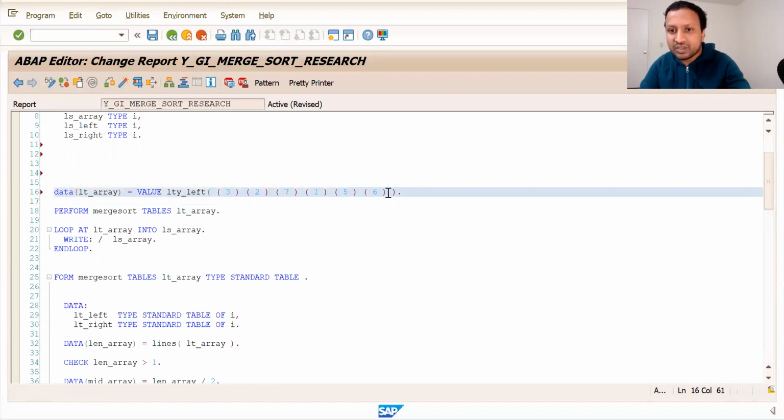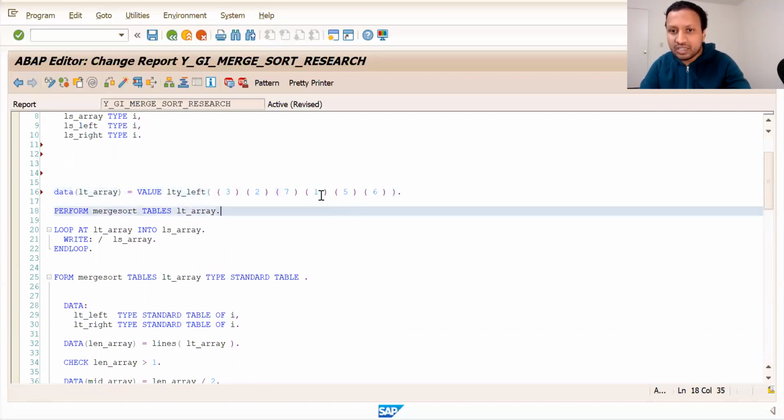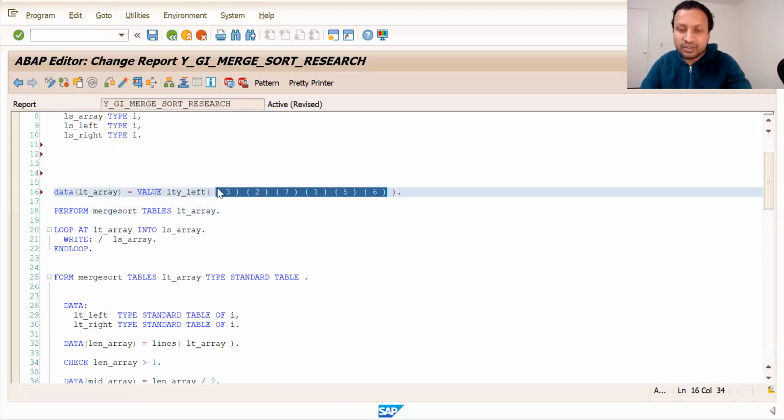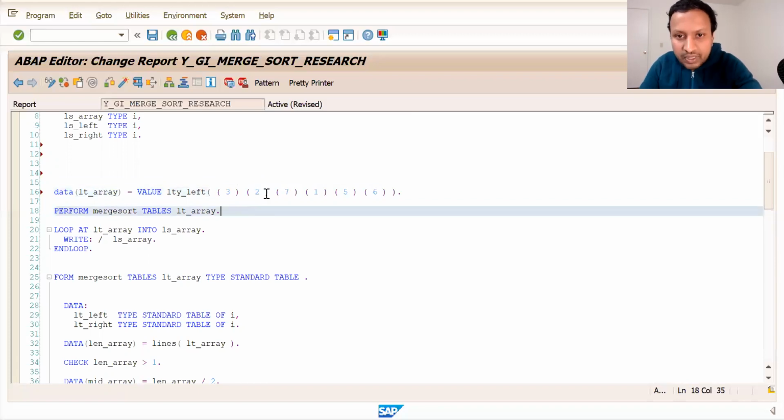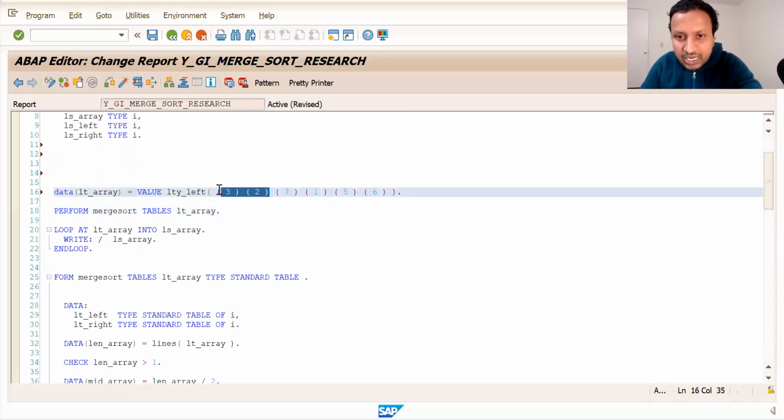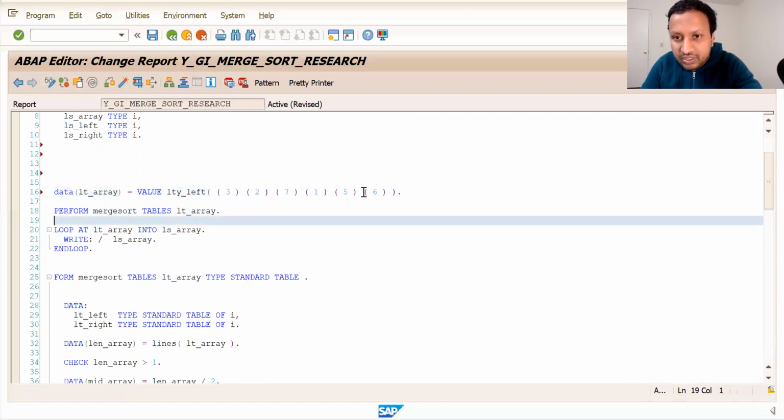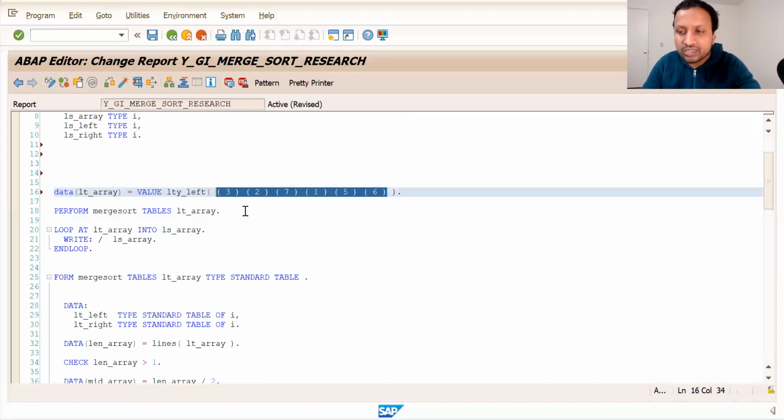First 1 and 5 are sorted, then 1 5 6 are sorted, and finally the entire array will be sorted. To explain it one more time: first 2 and 3 would be sorted, and then 3 and 2 7 are sorted. First 1 and 5 are sorted, then 1 5 6 are sorted, and then the complete array is sorted. That is how it goes on recursively.